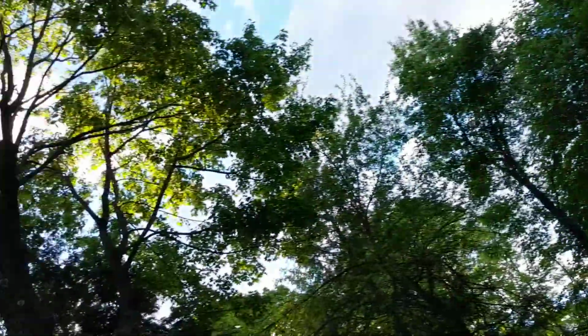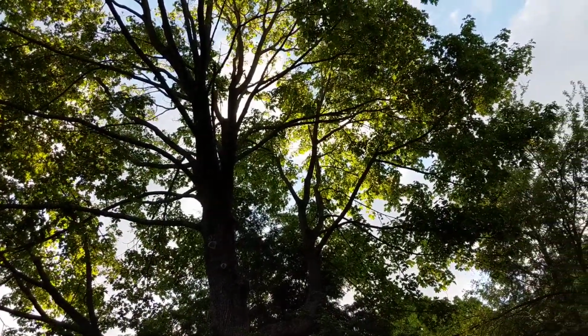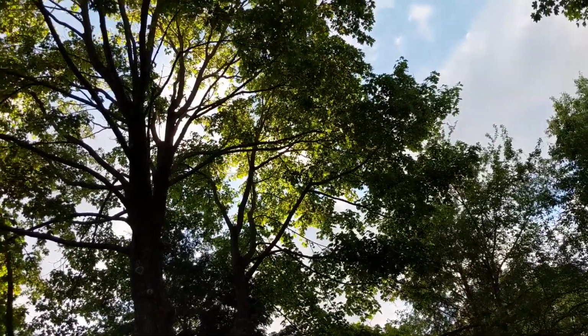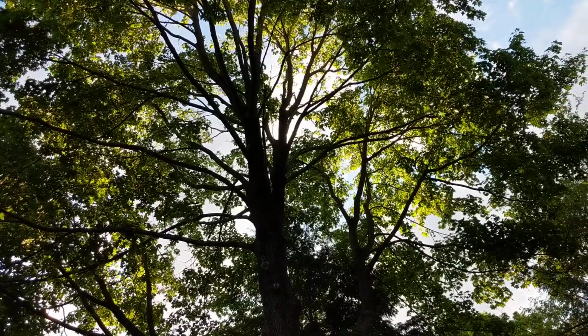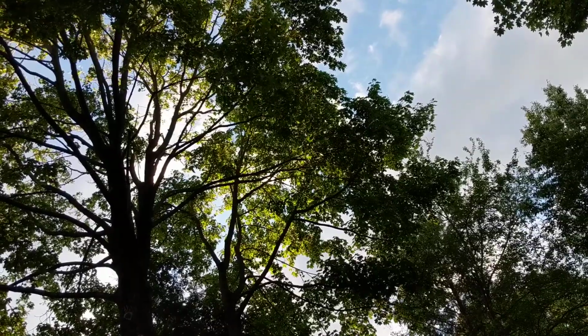Just going to turn my phone around here and let you see the light of the setting sun through the trees. I've noticed that Peddling Piper somewhere over there in the UK likes to show his trees. That's a nice tree,